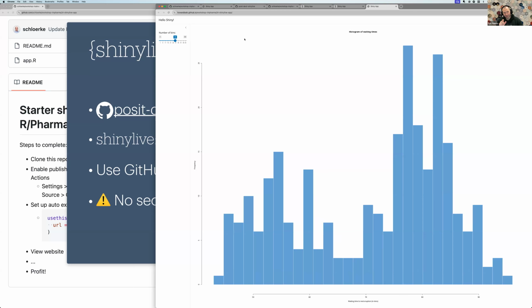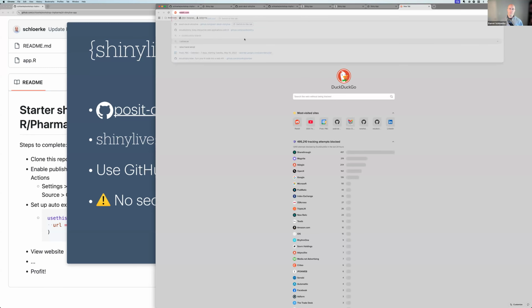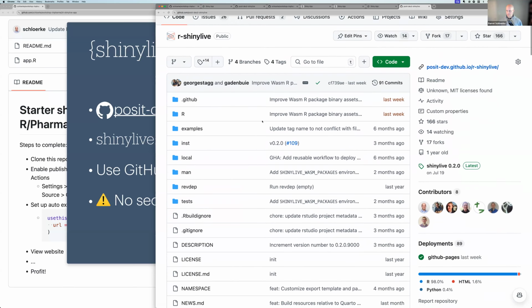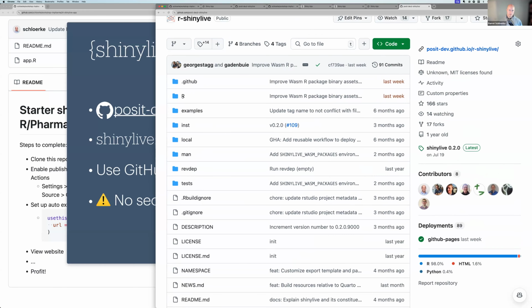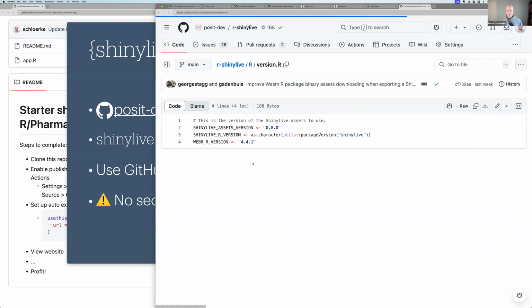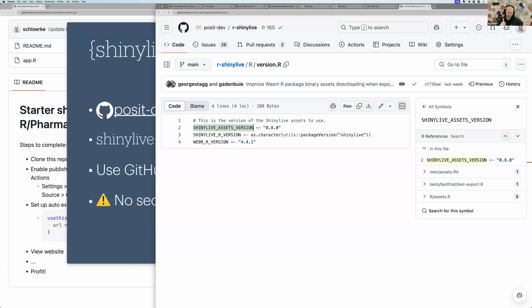I was poking around the GitHub repo for Shiny Live and I didn't see the 0.8.0. Was that a custom branch on the repo? It is not the package version, but it is actually the Shiny Live assets version. Okay. And the good catch is that the assets are the big bundle, the thing that I was trying to ensure was downloaded. That is different than the R package version, which is going to be 0.2.0, or in our next case will be 0.3.0. But yes, good catch, Howard. Fun to do a live debug here.